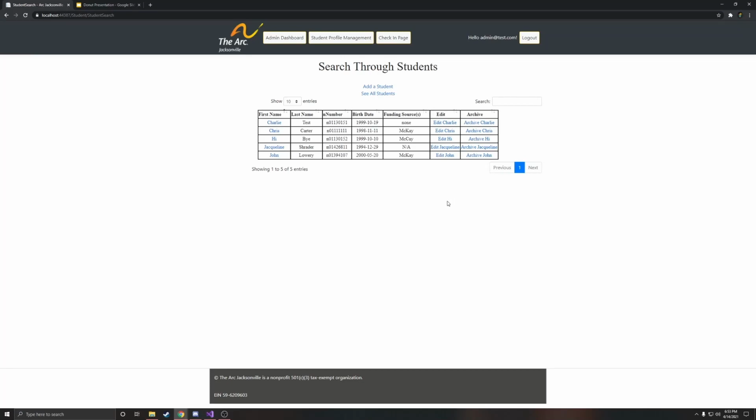And the last feature is the archival feature. The OCT administrators did not want to lose student information completely. So even if students are out of the system, they may need that information in the future. So they would prefer to have it archived. So if you click on archive and the student's name,